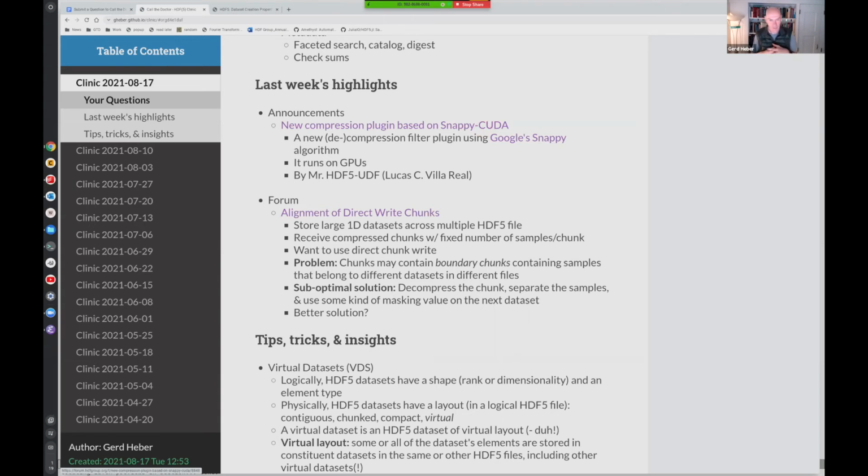Lucas, otherwise also known as Mr. HDF5 UDF, user-defined functions, used someone's implementation for CUDA, NVIDIA's graphics programming API. That's very interesting work, and I have it linked here if you want to follow up on that.